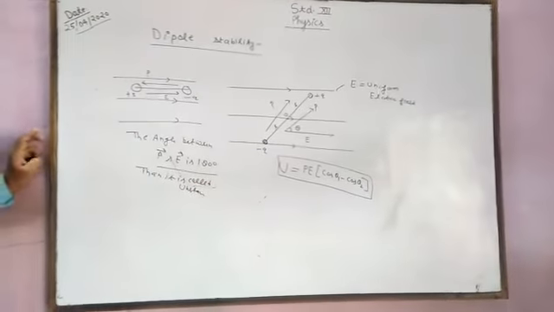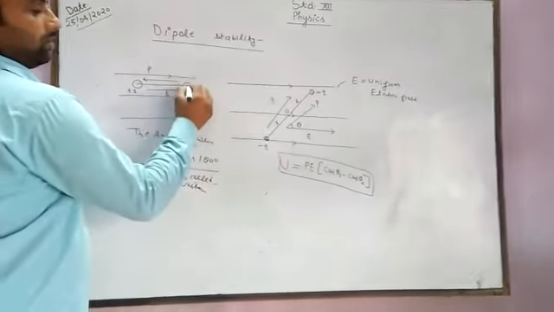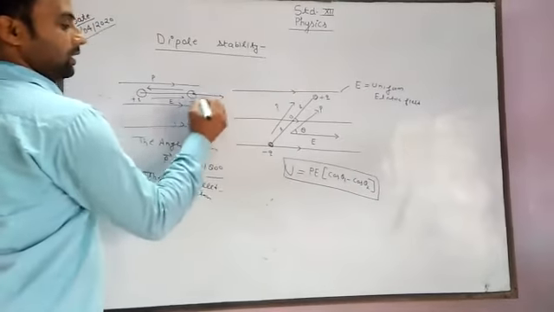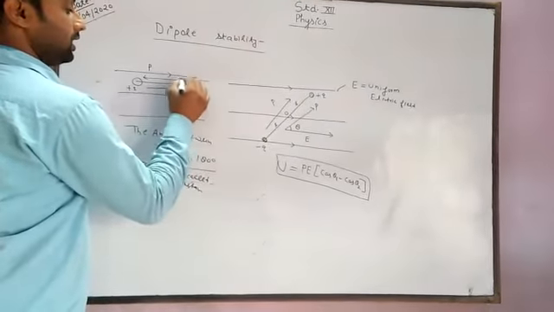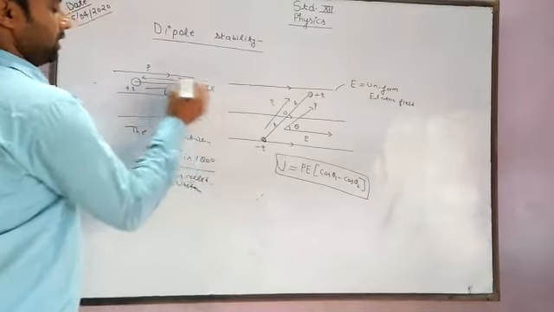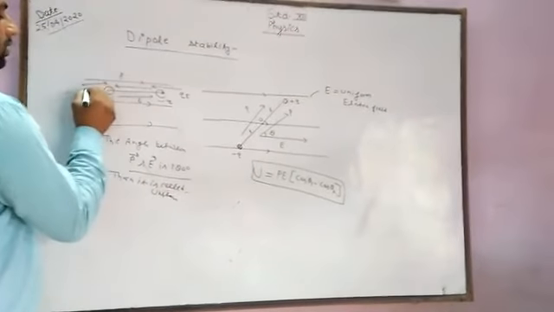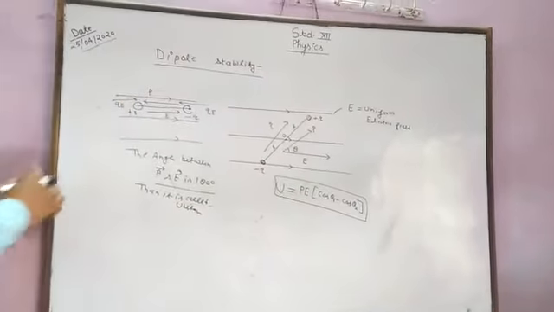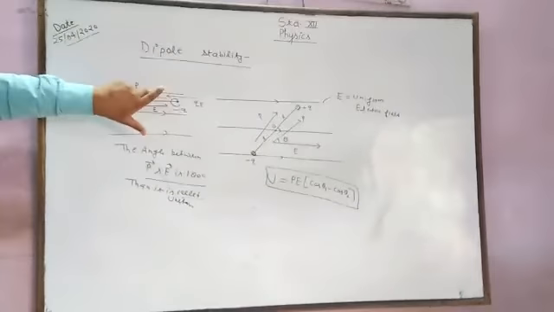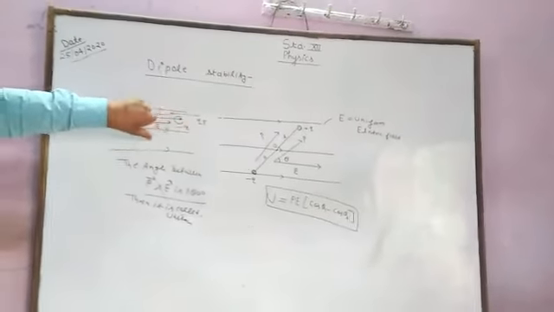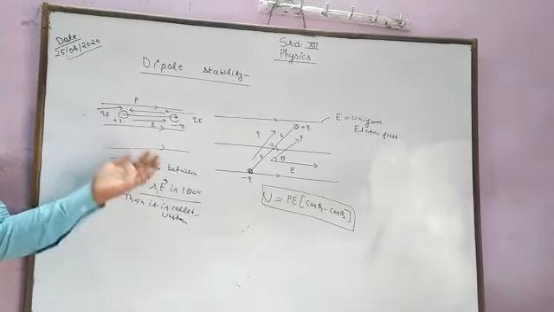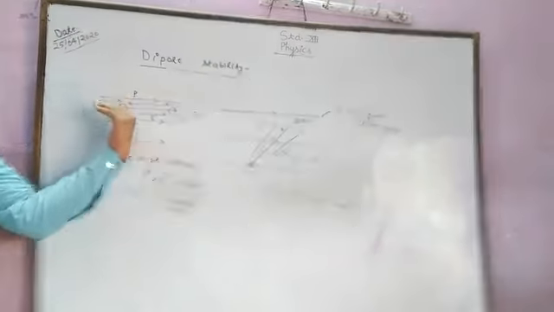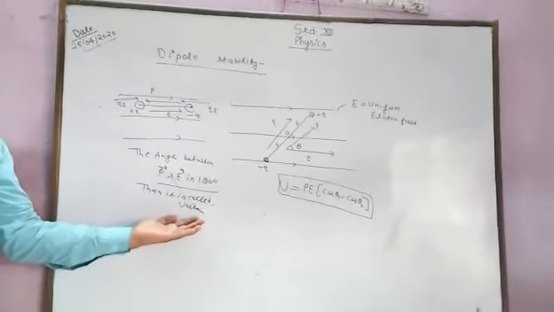Now we can understand why it is unstable. The force acts on the minus Q in this direction, and the force acts on the plus Q in the opposite direction, each being Q times E. These two forces form a couple and rotate the dipole in the external electric field. Because of that, the dipole will have a turning effect. Because of that, this is unstable.